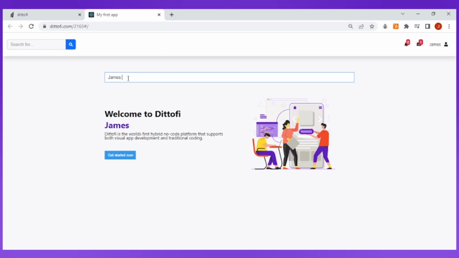at the same time. This will allow us to take user inputs into a text box, such as this one here, and then display this input elsewhere on the front end of our app like so. The process of binding a variable to both an input element and an output element is known as two-way variable